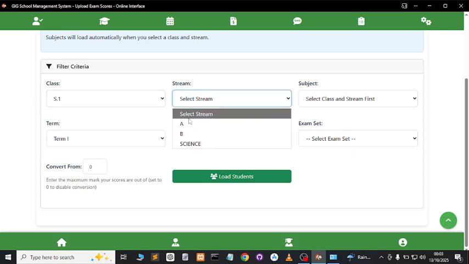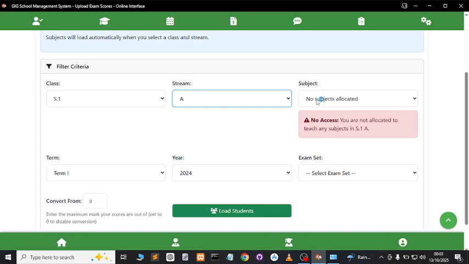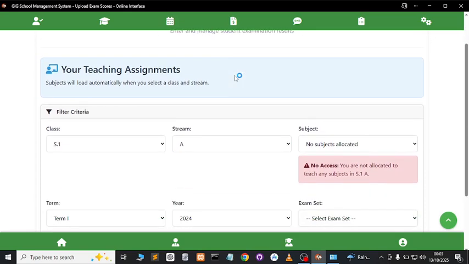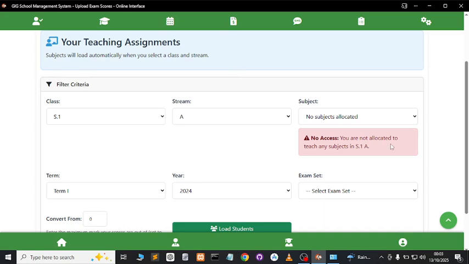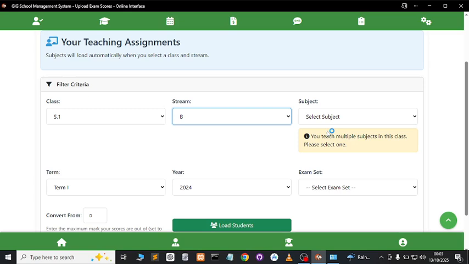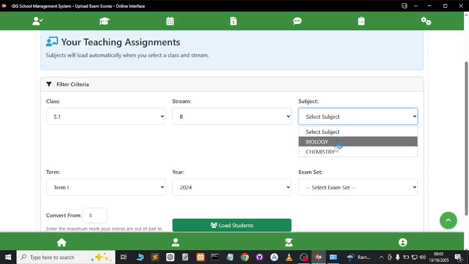you select the stream, and it will load the subjects for you. It looks like I don't have any subject in senior 1A. Let's select senior 1B. So the subjects loaded will depend on how your load is allocated. If you are allocated any subject in any class or stream, you will only upload marks for that subject. So here I select biology,